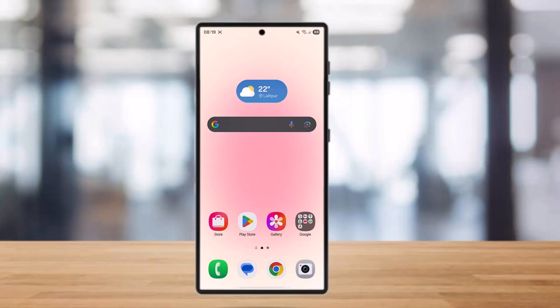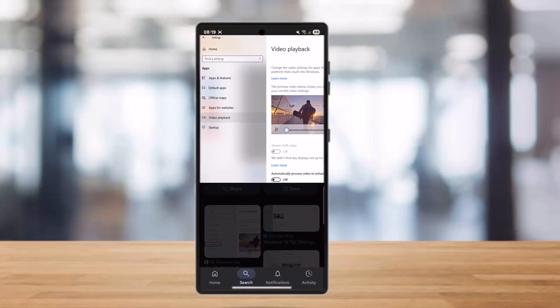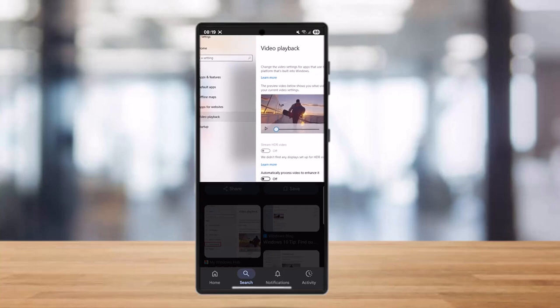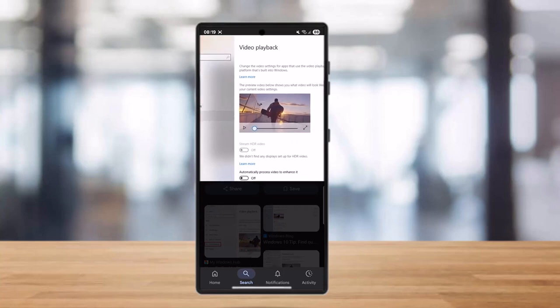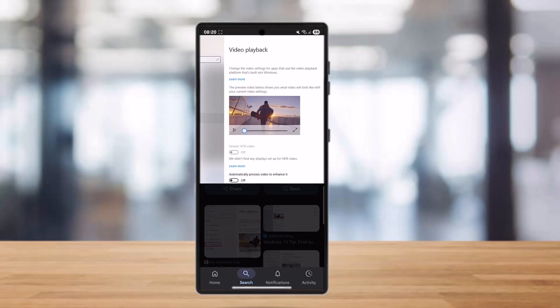So to enable HDR video playback in Windows, you simply need to go to Settings. Once you go to Settings, go to System, Display, and select your HDR-capable display. Now turn the toggle to the right to turn it on and use HDR or